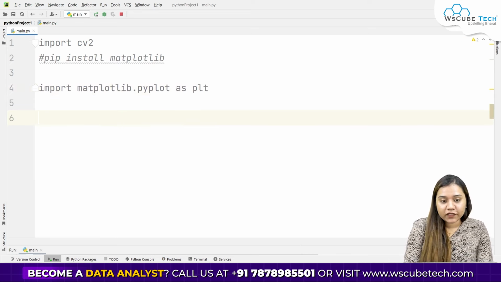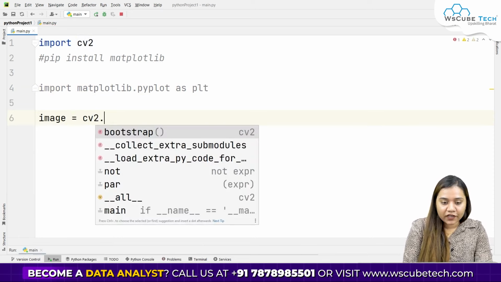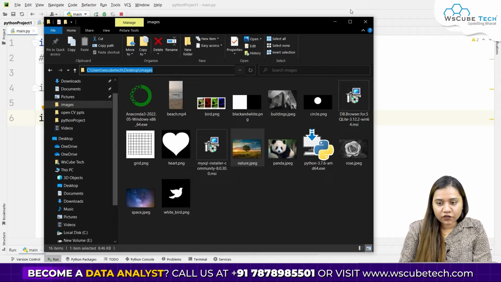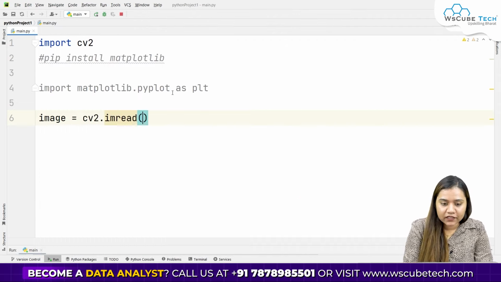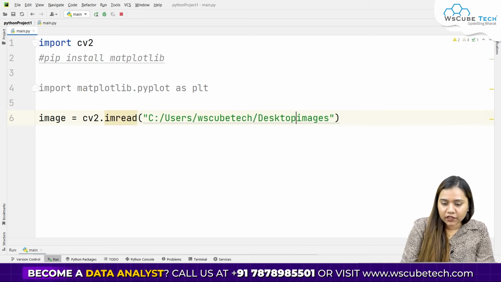Now, once we are done with this, we'll create a variable called image. Inside the image, we will be writing cv2. And because we need to read the images here, I'll be writing imread. Which image we need to read, we'll just go back to the folder, capture the location from here, paste it over here inside the double quotes. Also, I'll convert all the backward slashes to forward slashes. So again, a forward slash, another forward slash, and the name of the image is